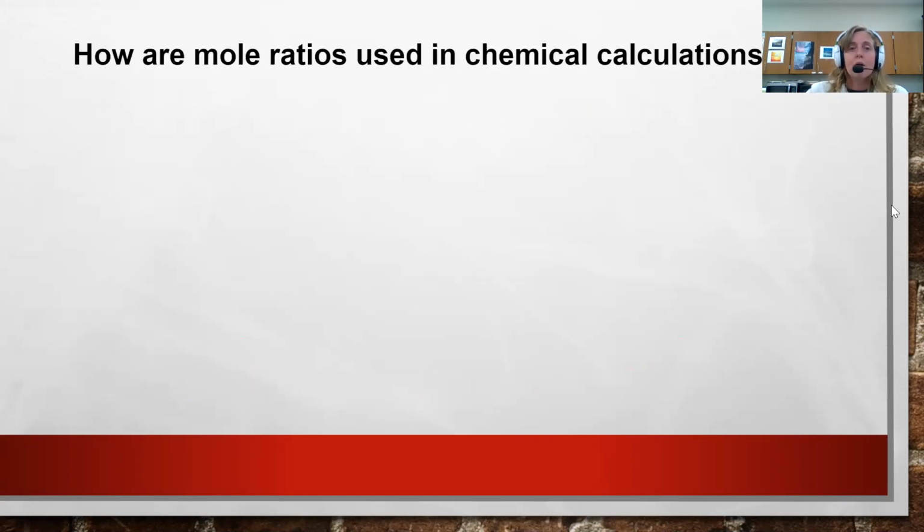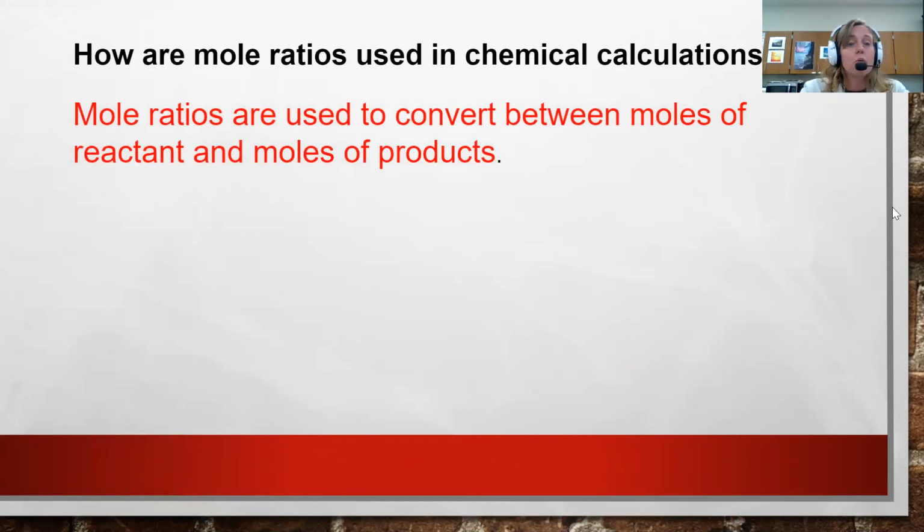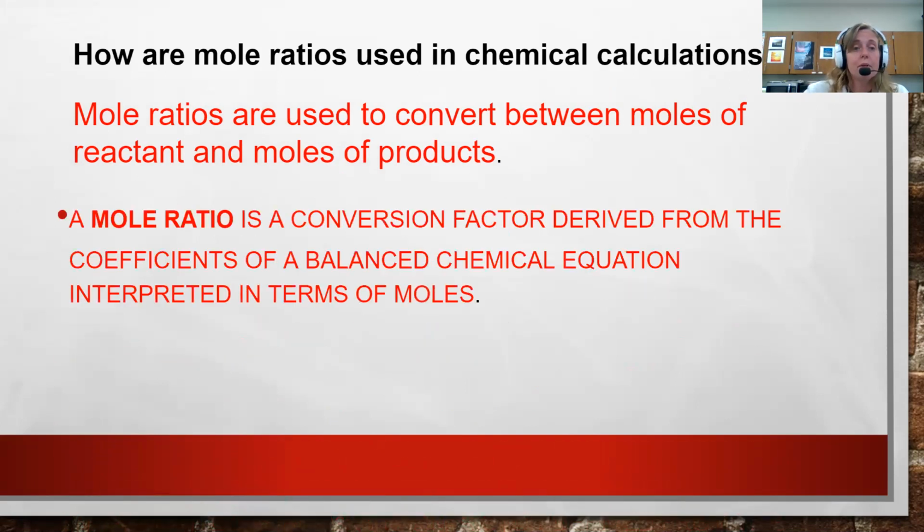Now, mole ratio: how are mole ratios used in chemical calculations? Okay, so mole ratios are used to convert between moles of reactant and moles of product. A mole ratio is a conversion factor derived from the coefficients of a balanced chemical equation interpreted in terms of moles. Okay,